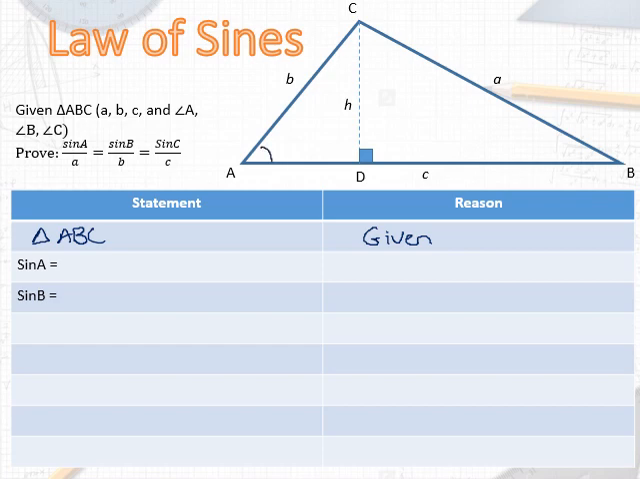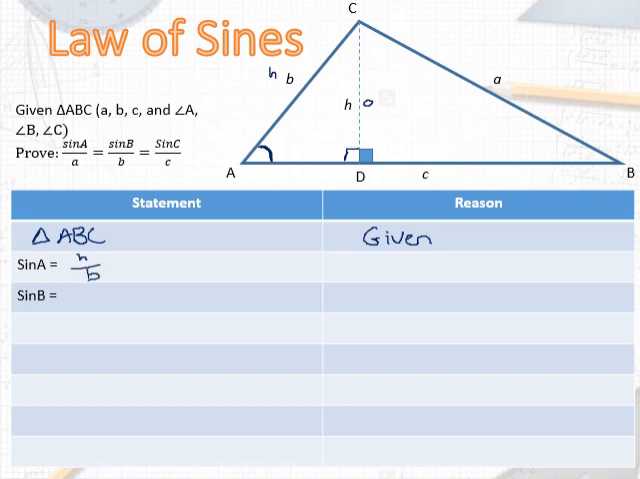Sine of angle A, it's going to need opposite and it's going to need hypotenuse. So this is our right angle that we're talking about on the left here. So remember, SOHCAHTOA only applies to right angle triangles. So sine of angle A is the opposite, h, over the